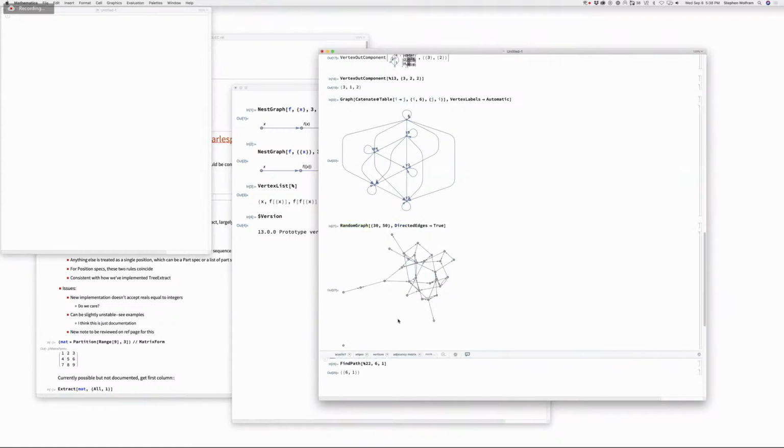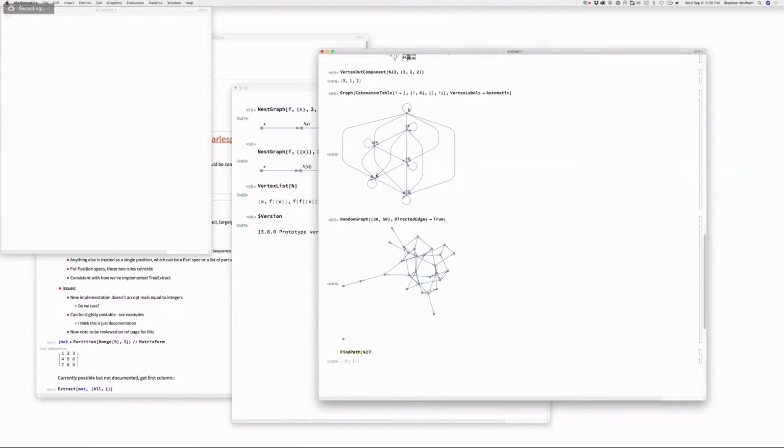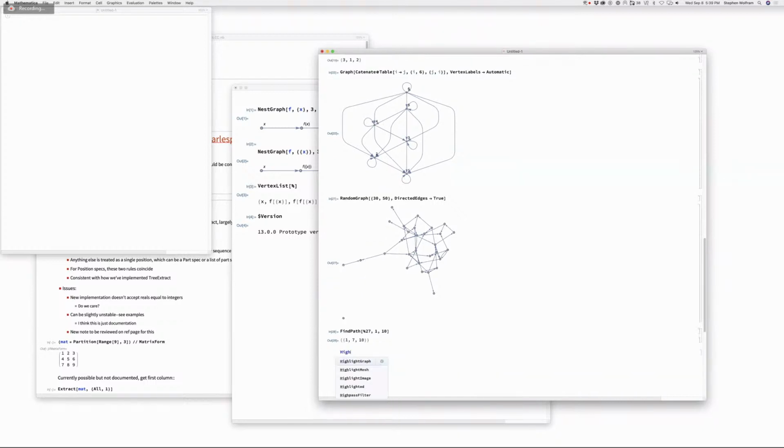Yes. Okay. Let's say, oh God, it's probably not going to find a path there. Okay, fine. That's enough. So now I want to say highlight graph of that, comma, and then I want that path. And I say path graph of